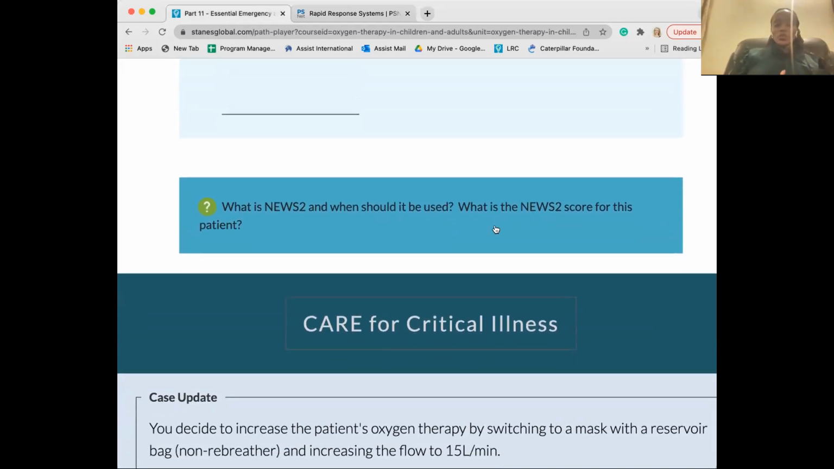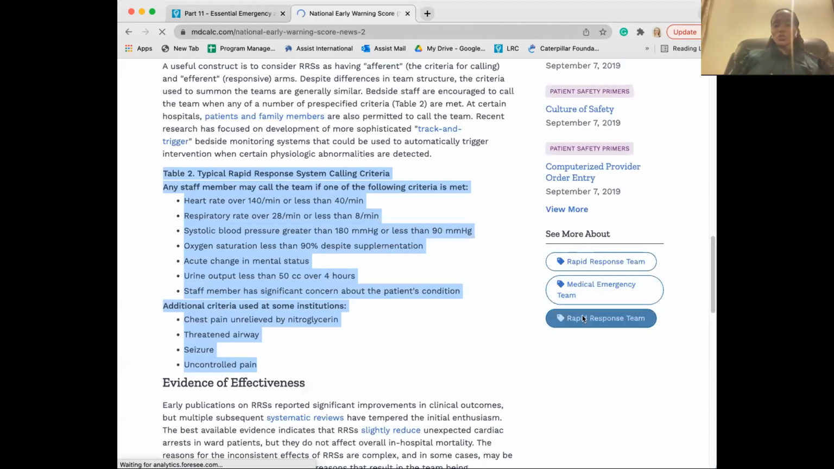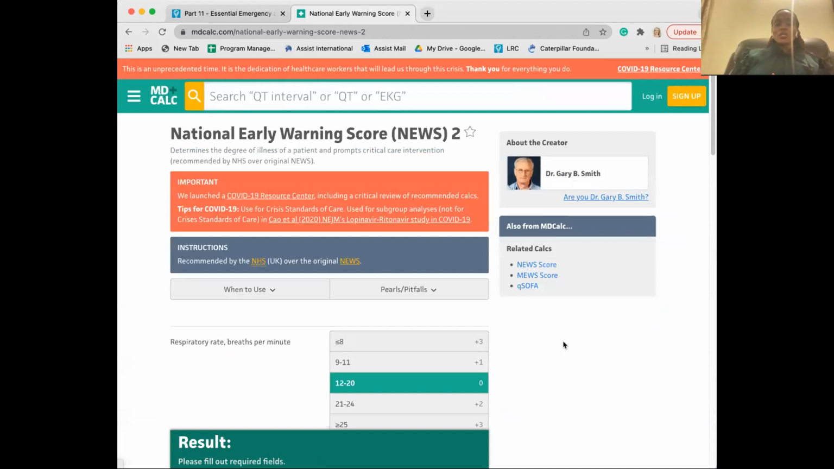What is MEWS and when should it be used? What is the MEWS score for the patient? All these scores are national early warning scores. They keep changing, so they're different scores, but at the end of the day, the aim is the same: to try and identify how the patient is scoring. You don't need to cram this. This is available online. So you just go to the online page and key in